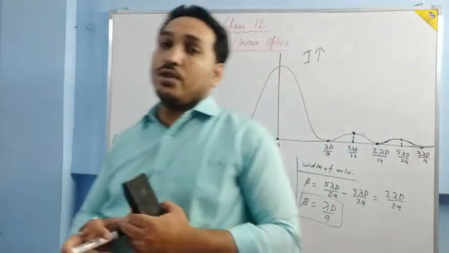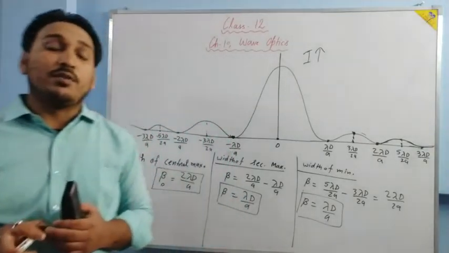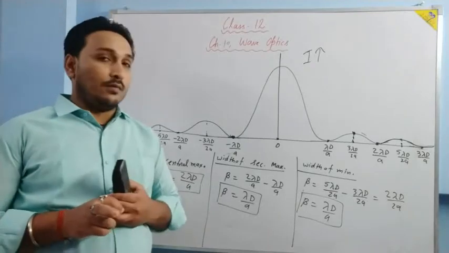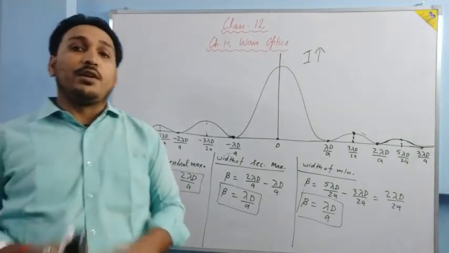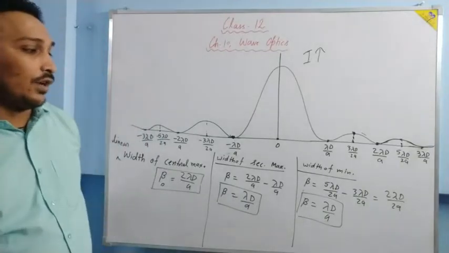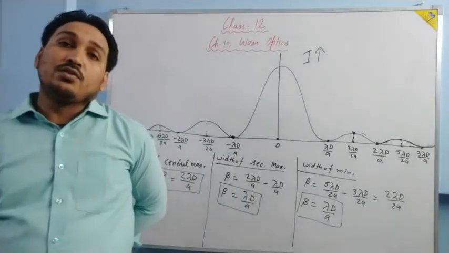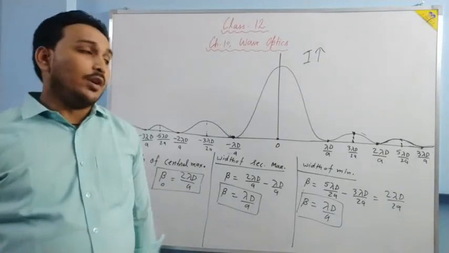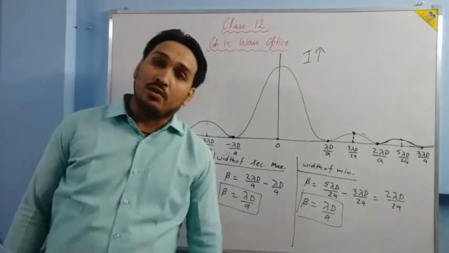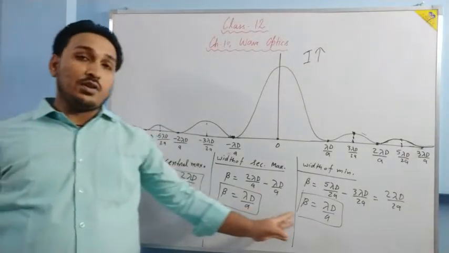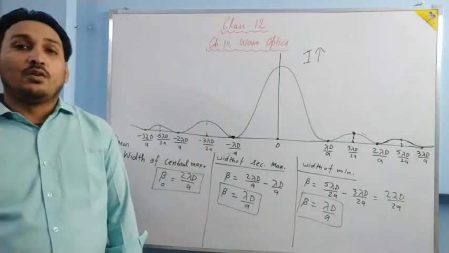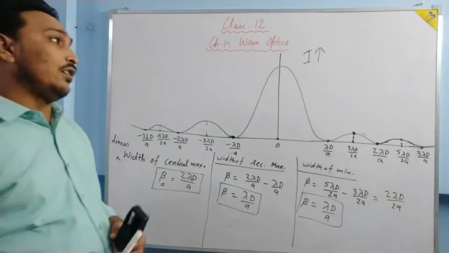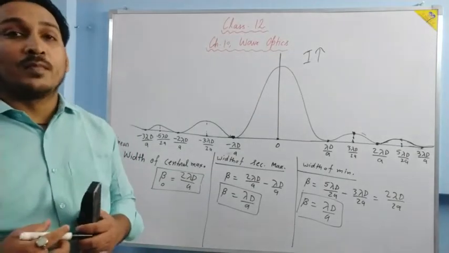A very important question in the board examination is some differences between interference and diffraction. So I am leaving this to you, since we have completed interference and we have completed diffraction now. You must know the differences between interference and diffraction. So many differences are there. If you see the pattern, you will come to know. If you see the formula, if you see the conditions, then also you will come to know. You have to write at least 4 differences between interference and diffraction, and this will be your homework for the day. Is it clear?